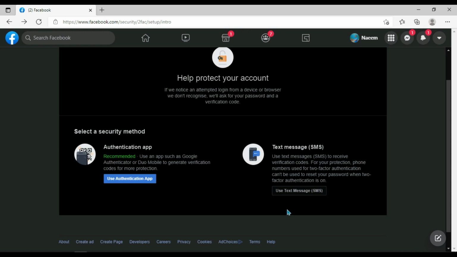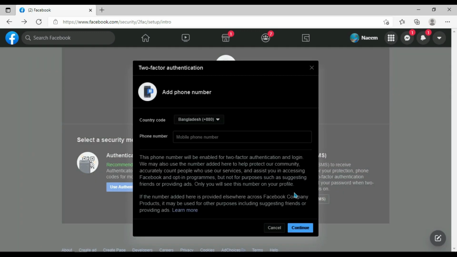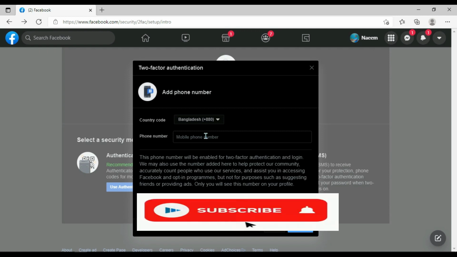So when we forget our Facebook account password, or two or three devices are connected with the Facebook account, then the Facebook server gives me a verification OTP. Use text message, then you give your number.